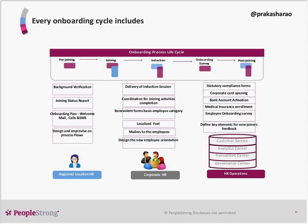So we are saying the onboarding process needs to have three players. The first one is the regional or the location HR, somebody who's sitting in location if you have a distributed workforce. If you're sitting in one location, then the corporate HR and regional HR would be one role. The very important one is an HR operations person who is running all the back-end activities required for running the